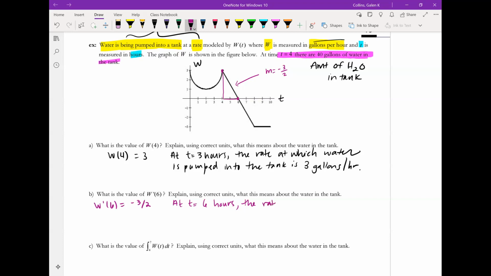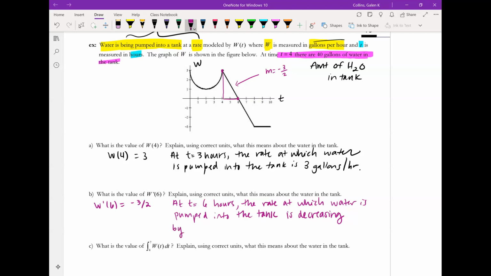the rate at which water is pumped into the tank. So in all of those words, I just described W. So if I think about this, W prime of 6 tells me how W is changing at 6. So W, the rate at which water is pumped into the tank, well, I could either say is changing or I could say is decreasing, since my rate is negative,